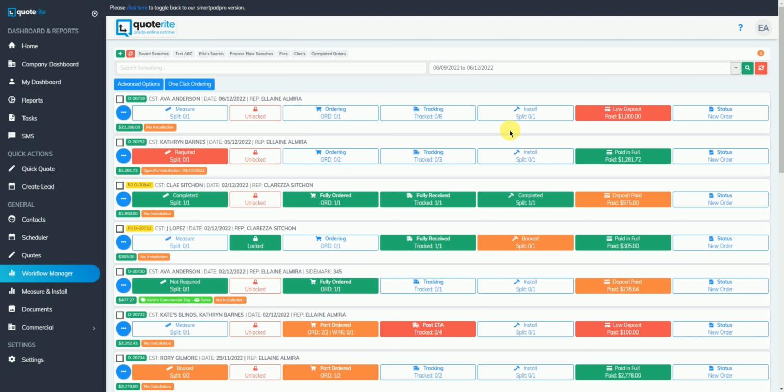Now, if a low deposit has been made, you will see its status in red button. This page will give you a highlight of the clients who owe you money, since this will show you the current status of the payment and the amount already paid. That's it for the